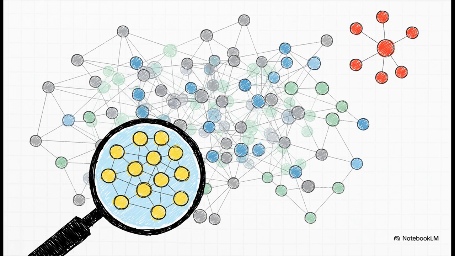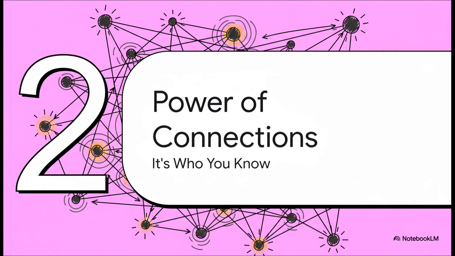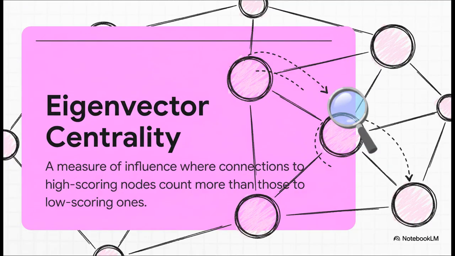And look, when you're trying to dismantle a really sophisticated operation, making that mistake can derail the entire investigation, for sure. Okay, so if just counting connections is a dead end, then what's the answer? What does work? Well, we need a smarter, more sophisticated way to look at the network. One that gets that real power isn't about the raw numbers. It's all about influence. And this is where a concept called eigenvector centrality comes into play.